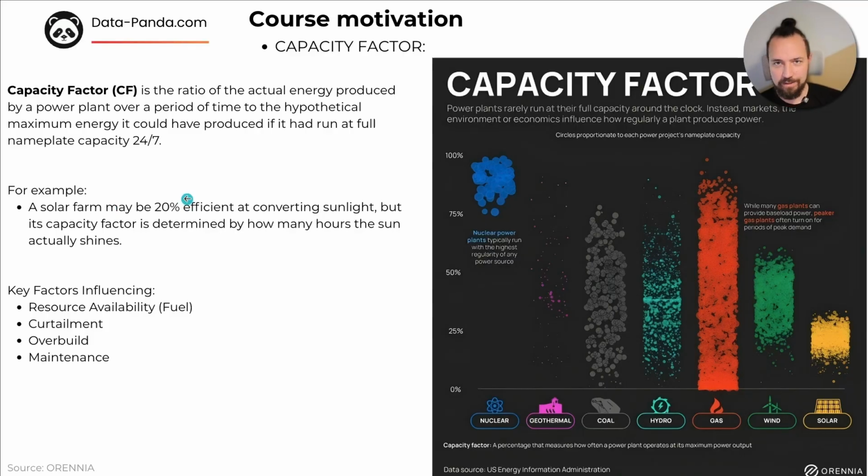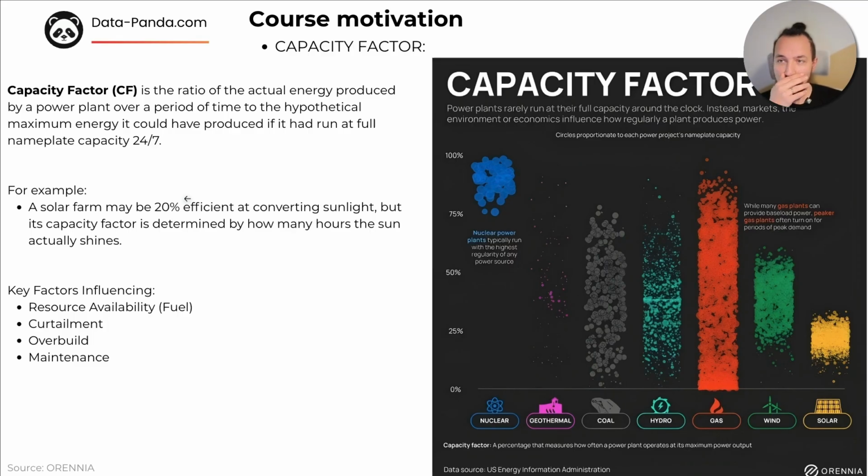So what's that? It's quite simply the ratio between what a power plant actually produces over time and what it could have produced if it ran at full nameplate power all the time. So I will just highlight here nameplate. For example, a solar panel might be 20% efficient in converting sunlight. So our nameplate capacity will consider this 20% efficiency. But what will determine capacity factor is how often the sun is actually available, plus curtailment, outages, and some system